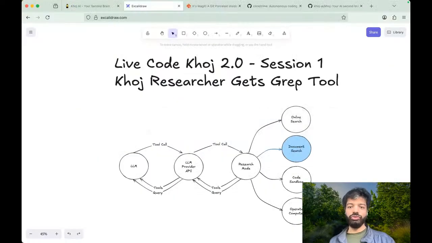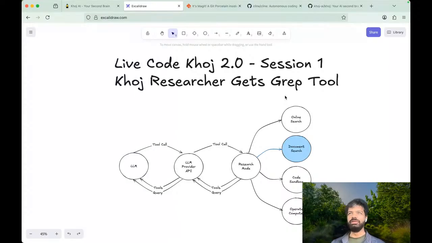Welcome, folks, to session 1 of our Live Coding Coach 2.0. We're super excited to do this. It's a bit of a radical experiment, but we wanted to build in the open and show folks how we're re-architecting an existing, moderately large code base, what we're building and how we're building that.